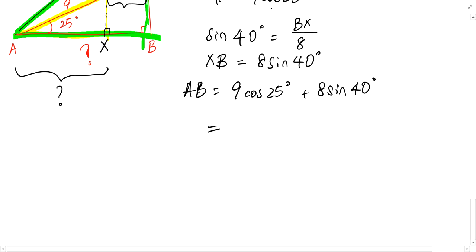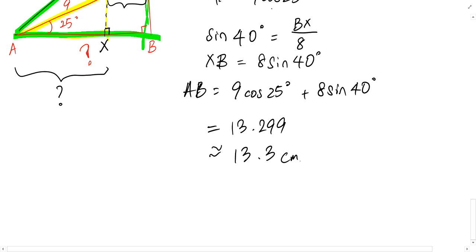So let's do it together. 9 cosine 25 plus 8 sine 40. We have 13.299. Okay, so 3SF. So round it off to become 13.3